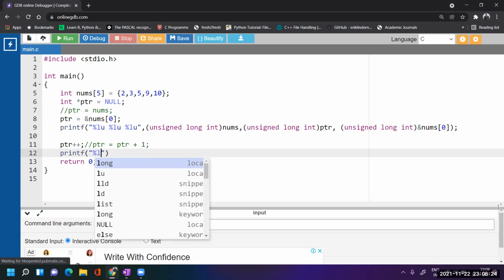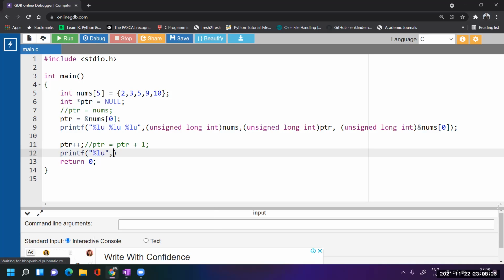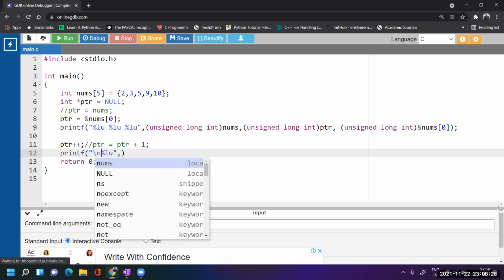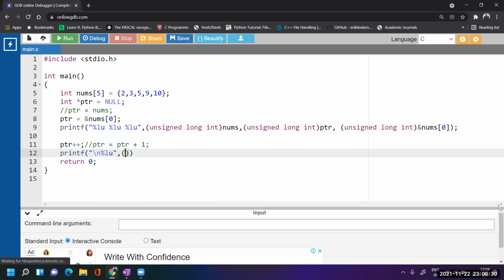Percentage LU and a \n, convert it to unsigned long integer. And now just print the value of PTR after this expression.